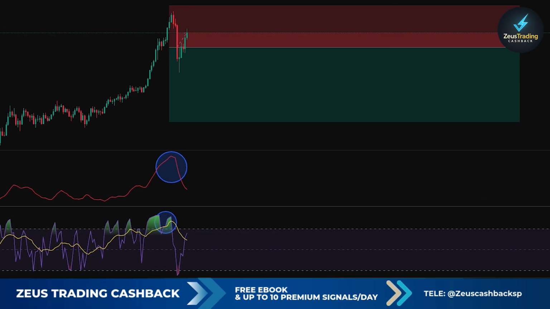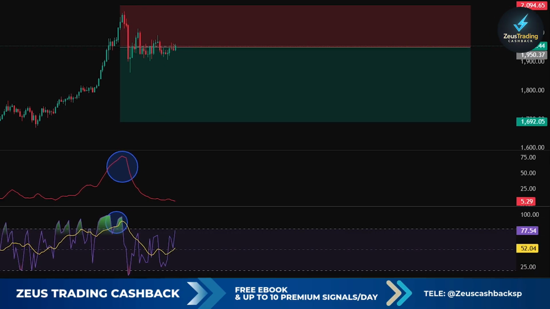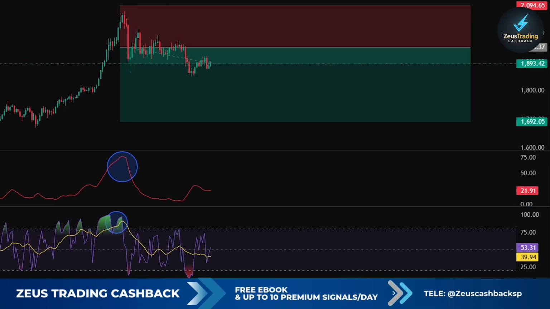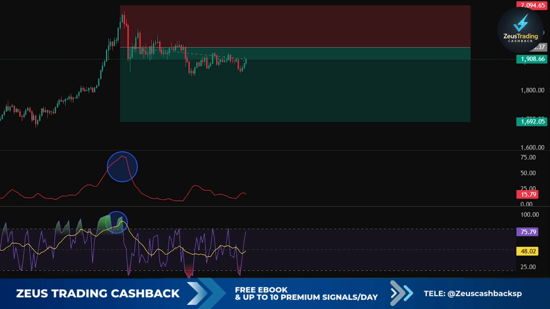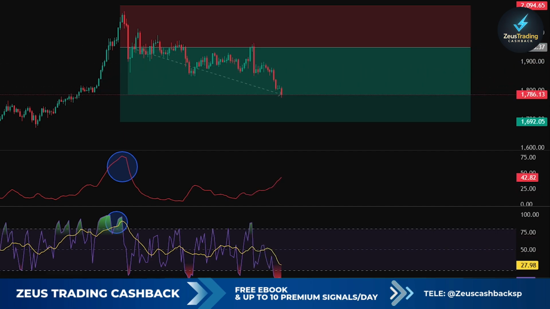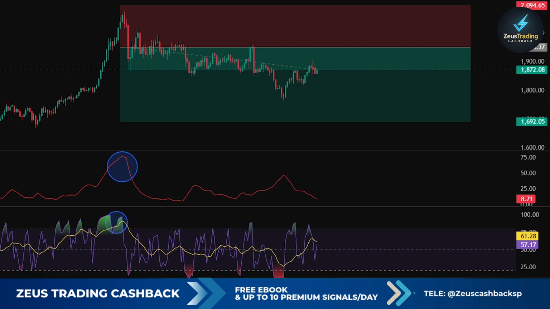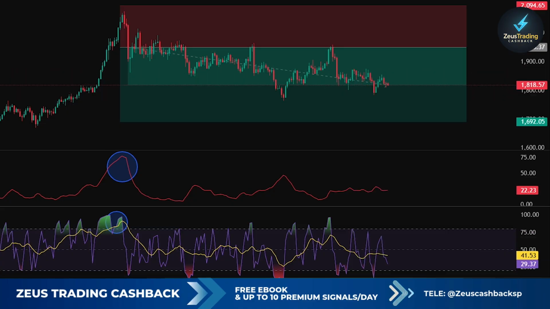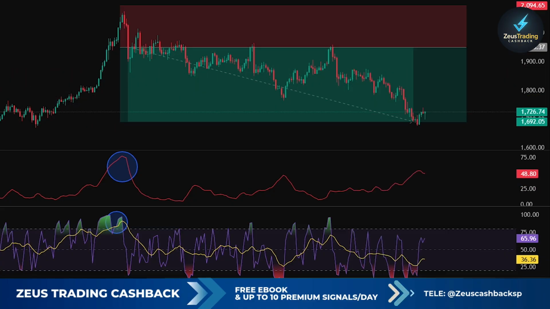For sell trades, it's the opposite. Price below EMA 50, RSI hits 80, ADX above 30, and a strong bearish candle appears pulling RSI down. That's your sell setup. Enter below that candle, stop loss above it, and use the same risk-reward ratio. To increase your win rate,